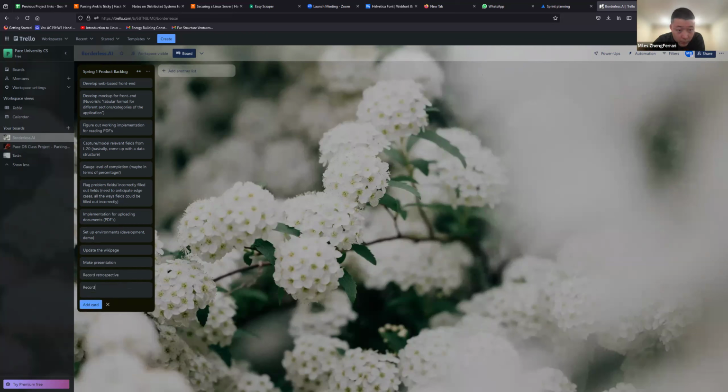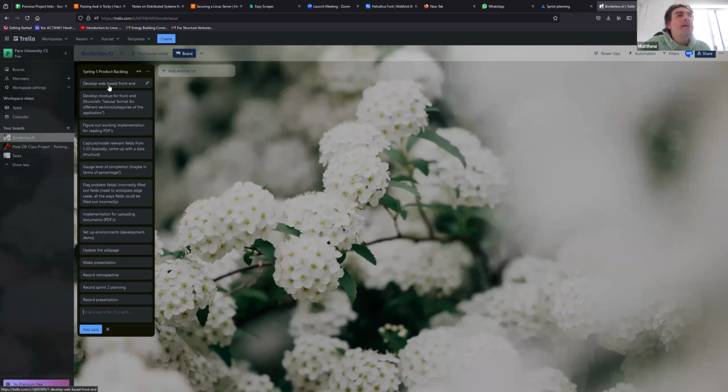Presentation. Yeah. What was the other one you said? You said retrospective, Sprint 2 planning. Record presentation. And then the MVP, which is essentially the most important part of Sprint 1. So the MVP hopefully will come out of everything. Right. Maybe I'll just put double check demo version of code or something. I don't know.